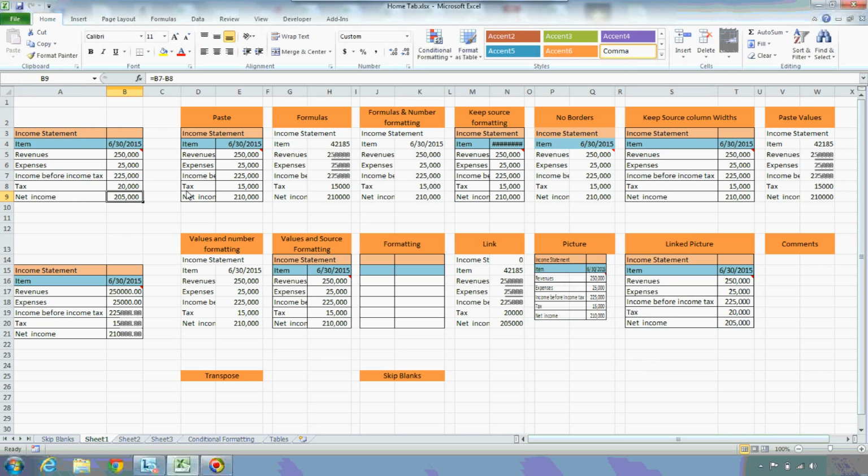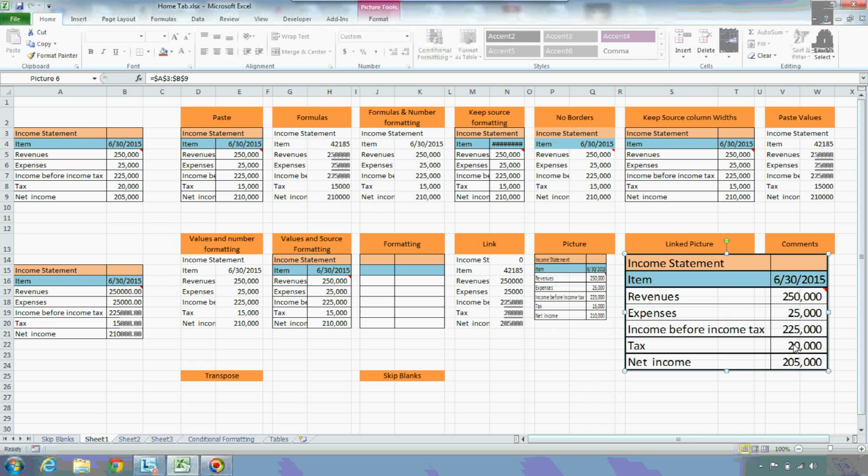Now if you observe, this 20,000 has been changed in the picture also. Do remember, whenever it is a picture, you cannot change anything in the picture manually. But if it is a linked picture, you can change any value in the linked picture by changing the original value in the link.